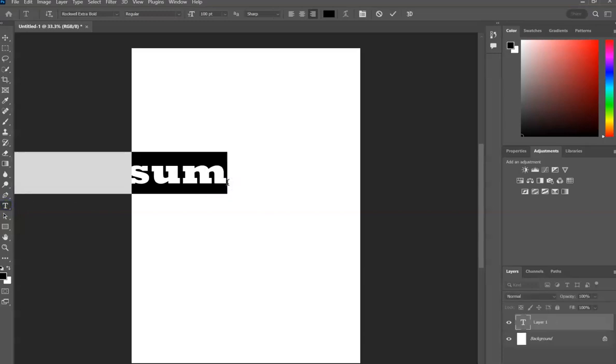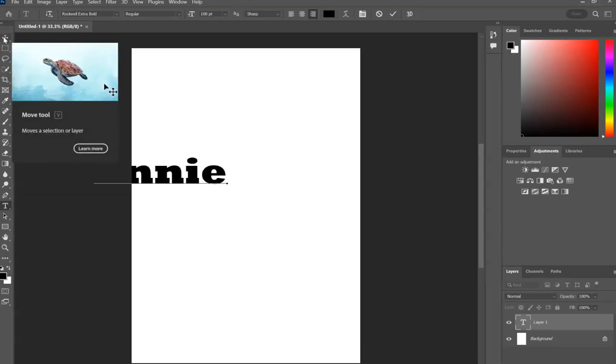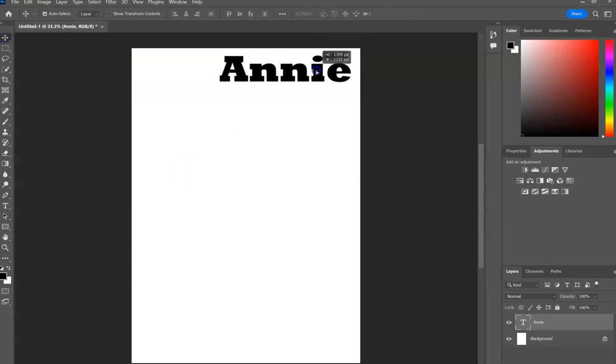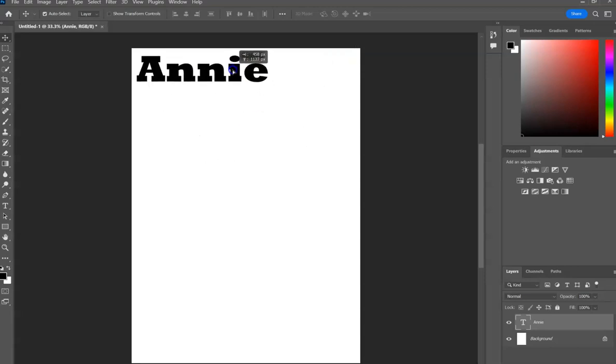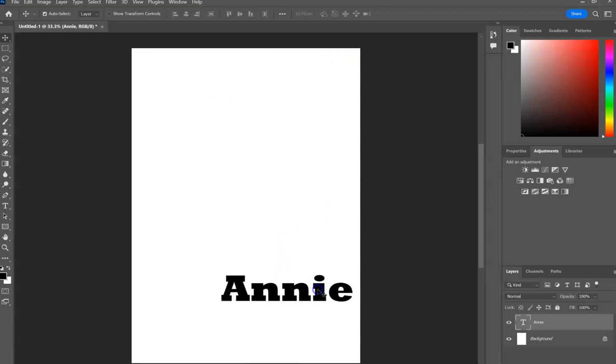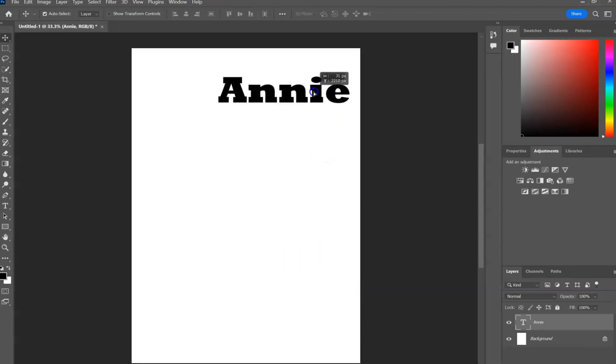So I'm just going to choose this font. And I'm going to go to the move tool. I'm going to move it up to here, to the top right. You might have it in the middle. You might have it on the top left. You might have it on the bottom. Depends. But I would prefer it probably at the top somewhere because we want the top of our letters to